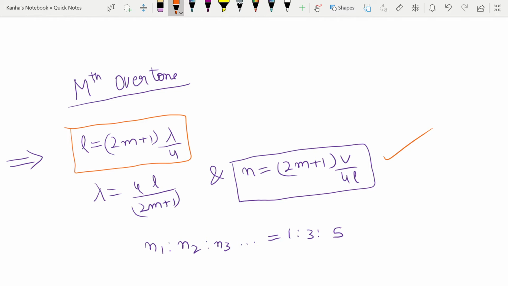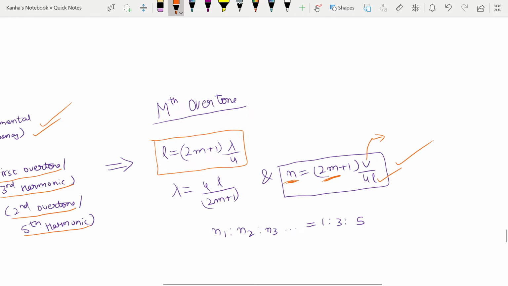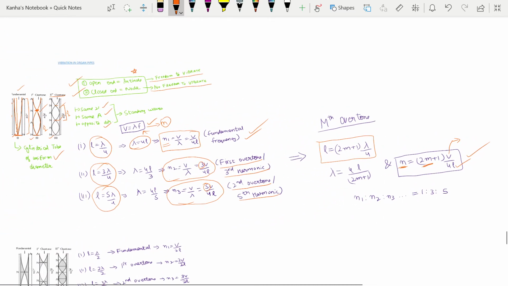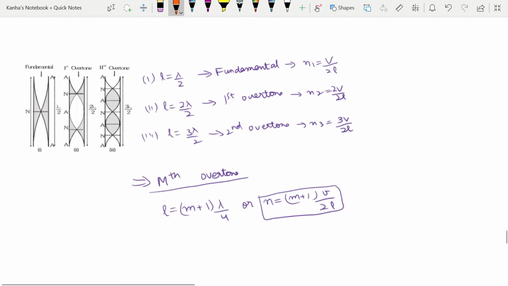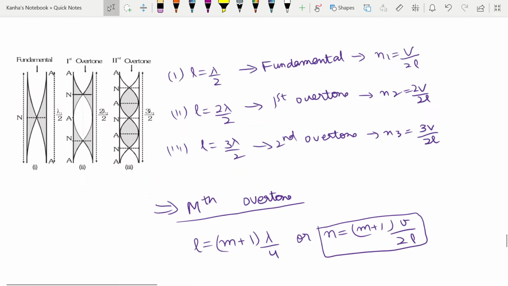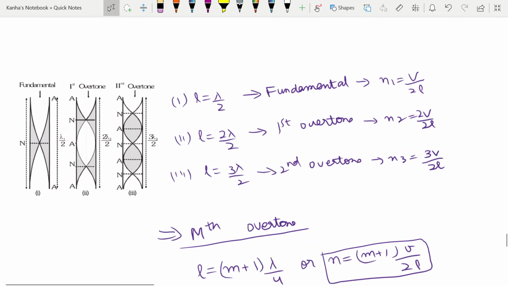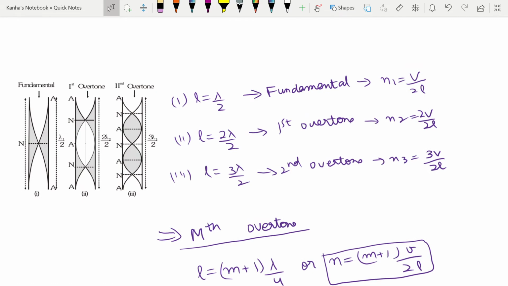So in the questions, you will be given the velocity of sound, or you already know the velocity of sound in here, and you will probably be given the length, and you will be trying to find either n or m. Okay, this is your case when they are closed at one end. What happens if they are not closed, and both sides are open? Same logic applies. At the open end you'll have an antinode, at the closed end you'll have a node.